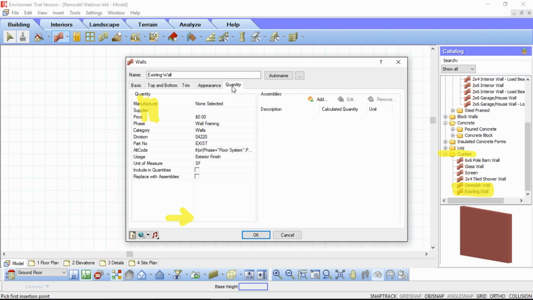And then lastly, again, when it comes to quantities, we've got the option here to uncheck our include in quantities. We do not want this existing wall to show up in our quantity report. Like I said, it's an existing wall. It's already there. There is nothing that we want to include for our quote with this wall when we draw it. So it's a little bit about the